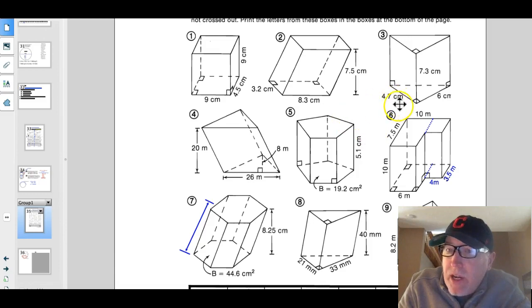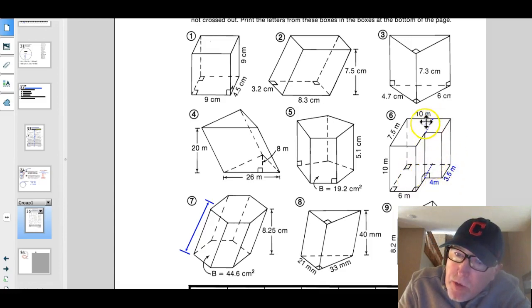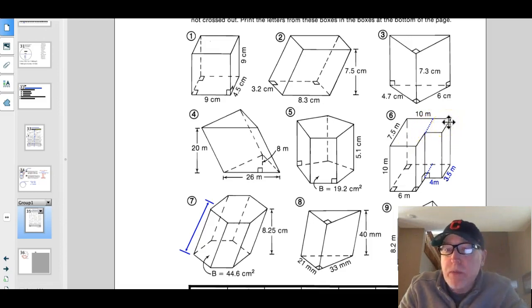All right, so you got all the information you need. This problem here is a little tricky. I'm gonna let you go ahead and figure that one out on your own. I put some measurements in here. I gave you this one here. If this line is 10, this is 6, this has got to be 4. And then this one over here was kind of hard to read. I divided this up into two different prisms. Find the volume of this rectangular prism, find the volume of this rectangular prism, add them together, and you will